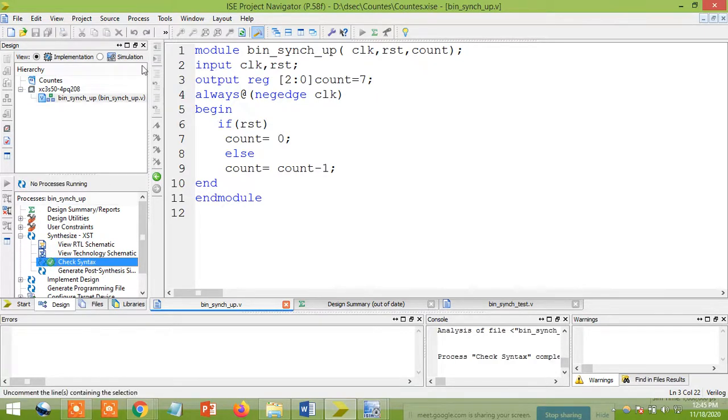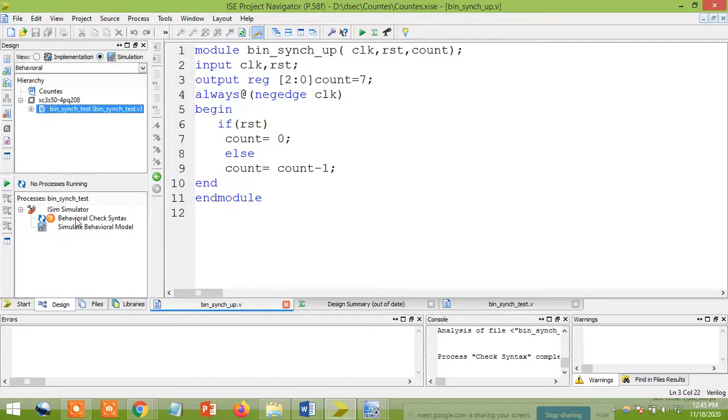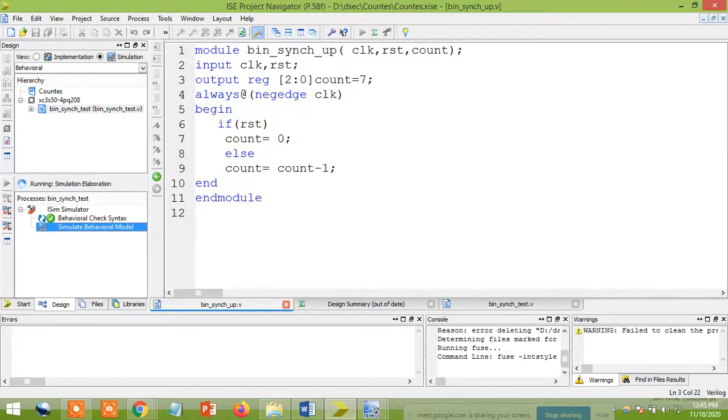Okay, let's go to simulation, behavioral check syntax. Okay, next simulate behavioral model. If something is there, you will see some errors come.